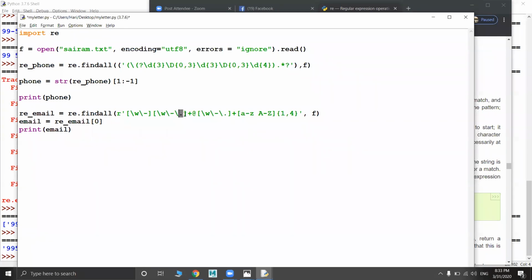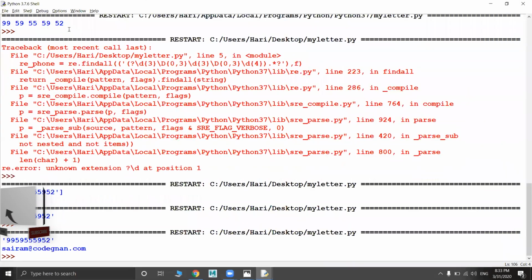So I gave dot also before the at the rate symbol, so if it finds any dots, it will recognize. And then 1 to 4 numbers, it may be anything. Then I am getting it from sairam.txt. If I run it, you got my email ID.